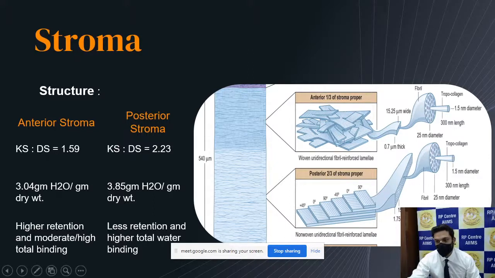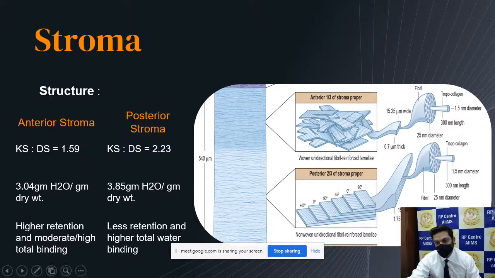The anterior stroma, the anterior corneal epithelium, the anterior one-third of stroma. And then the three waves of migration of the neural crest cells lead to the formation of the corneal stroma, while the mesenchymal neural crest cells lead to the formation of corneal stroma and the iris stroma and the vasculature of the iris.